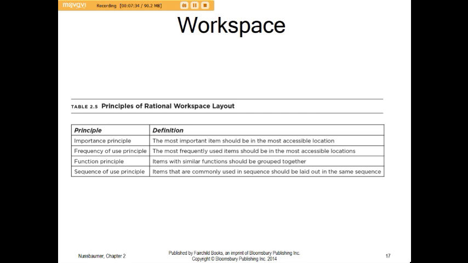We're talking about workspace. That could be anything from a factory floor to, of course, an office workspace. It could be a kitchen workspace for that matter. So when we talk about that, we want to think about what is the most important thing that is happening in the space. Then there's the frequency of the space. What do you do and how do you use it? What is your job? And then the function principle is, what are the thought processes that go into it? What are the categories? What are similar things that you need to put together? And then the sequence, what do we have to do first or